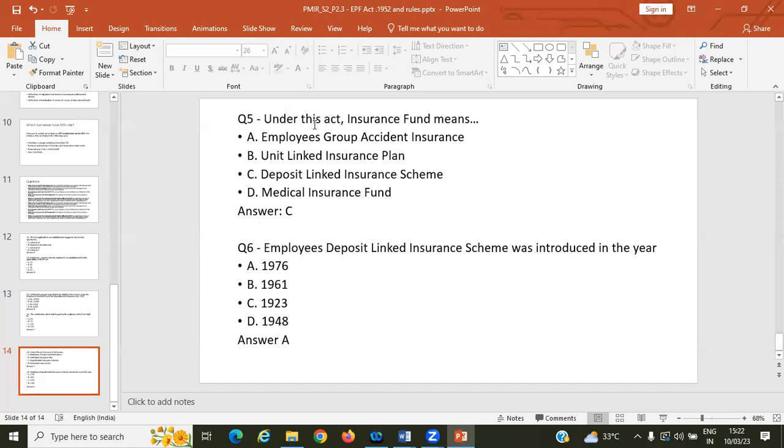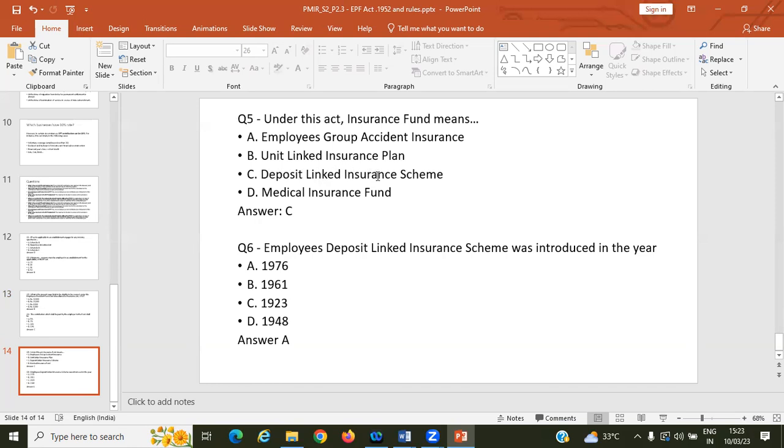Another question. There is a scheme I was telling you. There are three schemes included in this act: provident fund scheme, insurance scheme, and pension scheme. This question is about the insurance scheme. Under this act, the insurance fund means